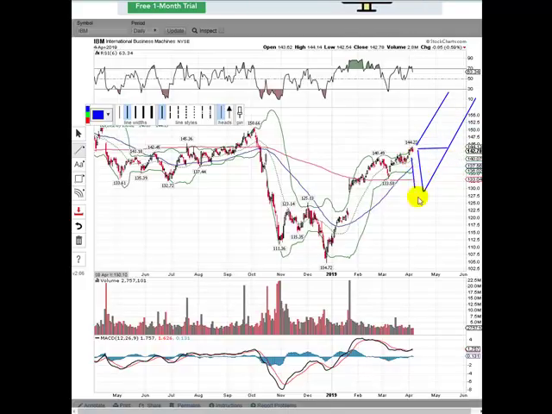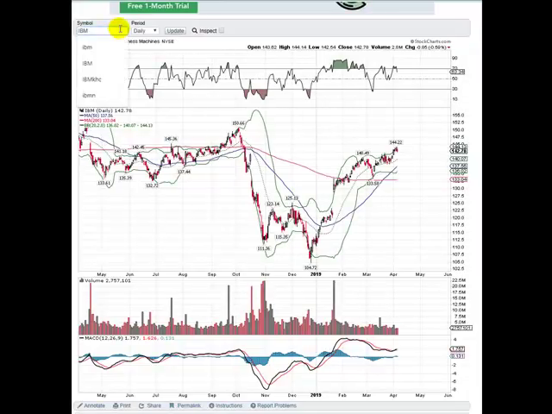And then you can't rule out, sometimes you can even get a deeper pullback before heading higher there. That would not be out of the norm either. But these two would be the most probable courses of action with IBM. So very bullish on it. It has really done well.